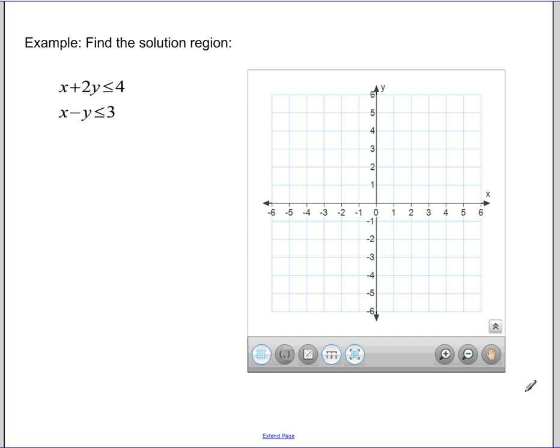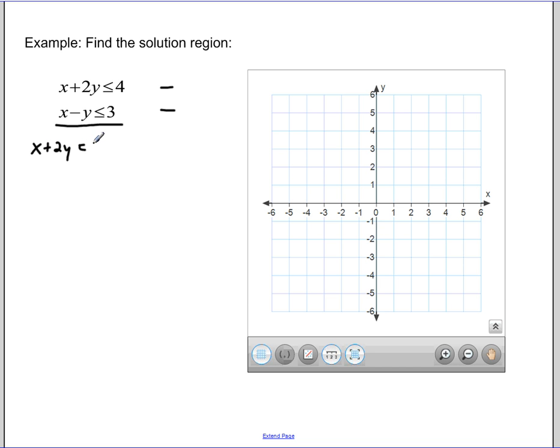Okay, this time let's try a different example. This time we're asked to find the solution region to the system of inequalities x plus 2y is less than or equal to 4 and x minus y is less than or equal to 3. For both of these lines, we're going to use solid lines to represent the less than or equal to. So we're going to graph x plus 2y equals 4